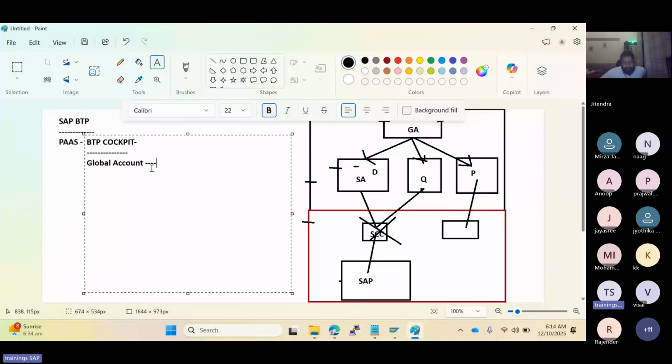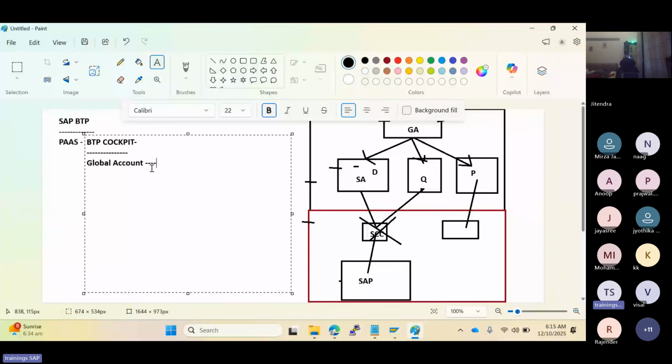When the customer wants to go with the BTP, SAP will provide one global account to you. Who will provide this global account? SAP will provide the global account to you when the customer signs up for BTP. Global account is the